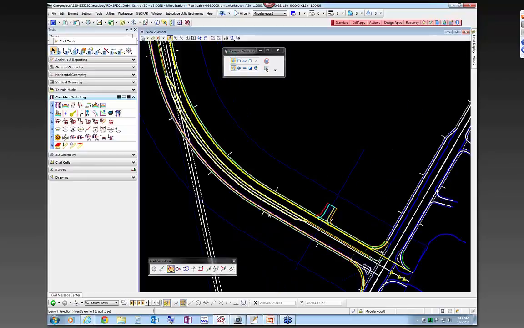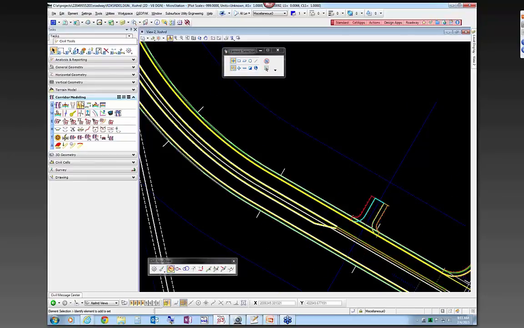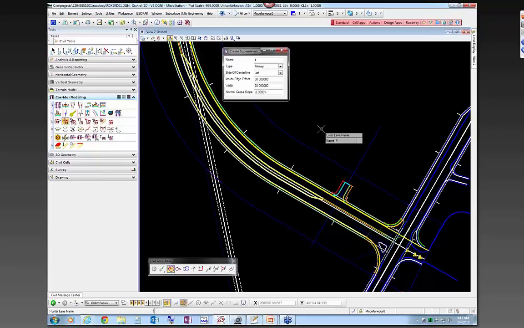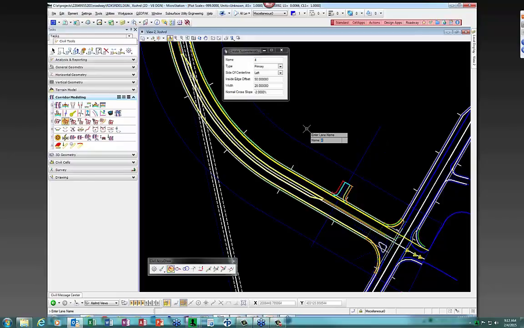And now you're going to define the lanes. Whenever you're laying out super, sometimes it will proceed to the very next step. In this case, I reset out of it, but I can always go back and do the create super lanes this way. And then what it wants to know is where the super elevation section is, so you identify it. And then if you reset, it's going to ask for the name. And so I'm going to start with the right